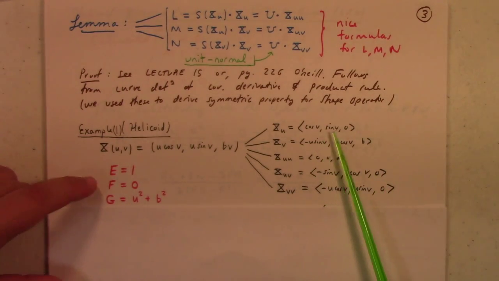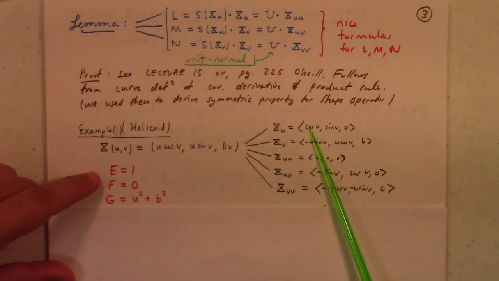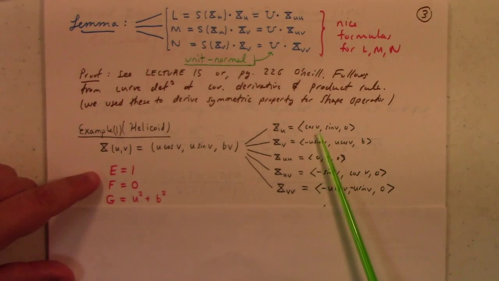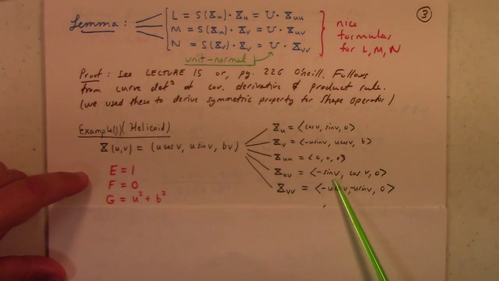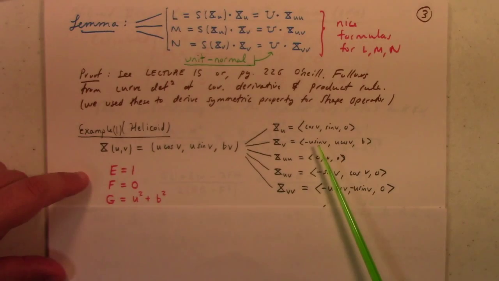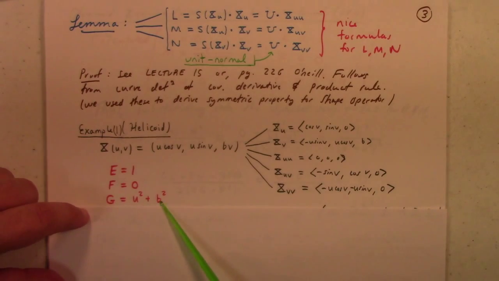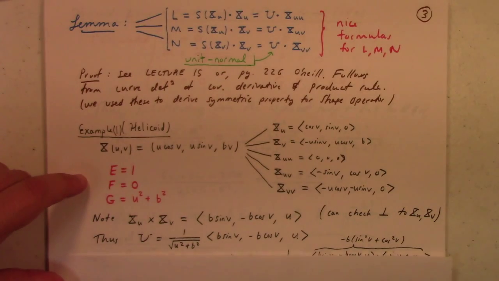So you can calculate E as XU dot XU, which is cosine squared plus sine squared, which is 1. XU dot XV, the partial velocity dot product, you get minus cosine sine times U plus cosine sine times U plus 0. Hey, well, that's 0. So F is 0 here. And then G is XV dot XV, which gives me U squared sine squared plus U squared cosine squared plus B squared. So, of course, sine squared plus cosine squared is 1. So we get U squared plus B squared for G. You can calculate the unit normal as being 1 over the square root of U squared plus B squared